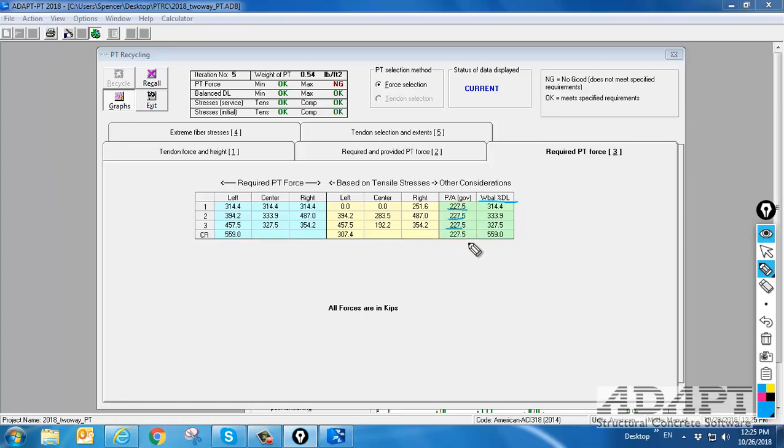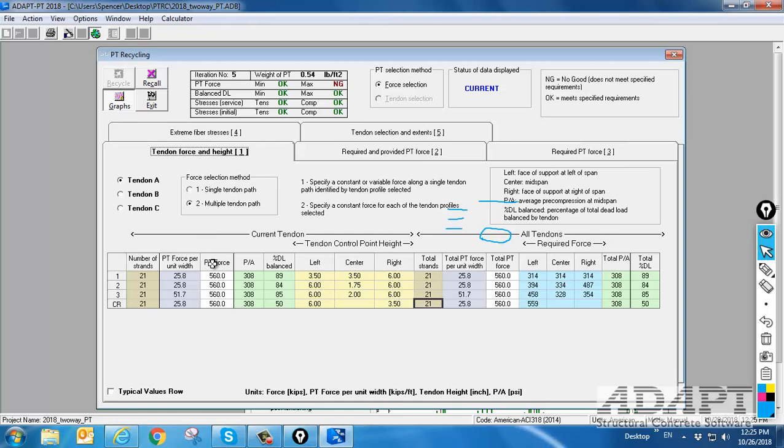Okay, this is the maximum force needed to meet any P over A along any span. So this is our controlling driver, let's say, for the design. And if I wanted to test this, if I go back and look at this, I say, well, my balanced loading percentage is 50 in that span in the cantilever. If I was to drop this to 500, let's say, and recycle,